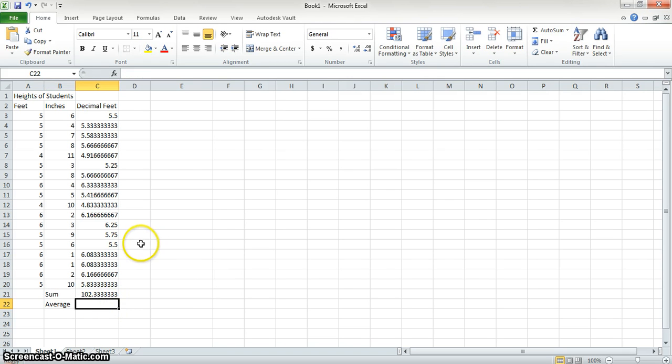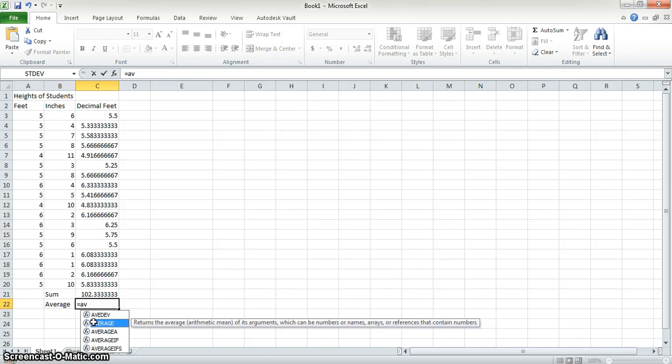So in order for me to get the average of these, I'm going to take this sum and divide it by how many there are. And in this case, I have 18 data points. You might have 20 or 19, depending on how many people are absent that day. So I'm going to do the same thing, equals this. I can either do this value divided by 18, or I can just say average, AV,